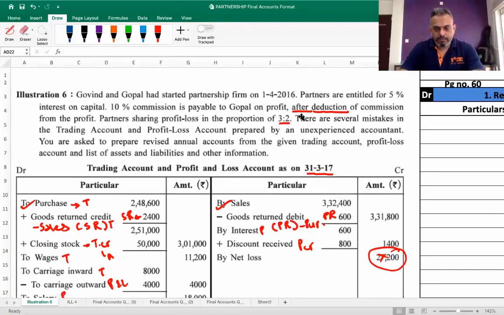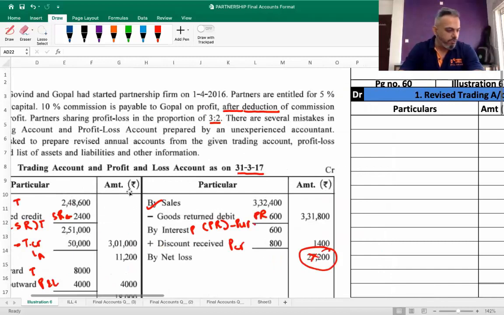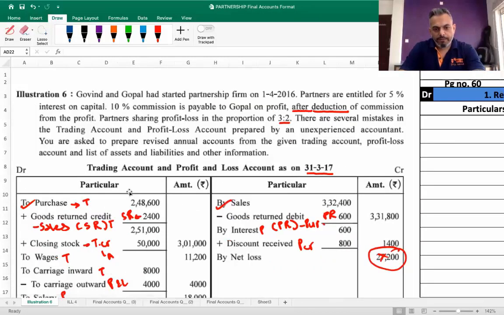Now be careful here, there are adjustments over here also in the beginning of the question. Interest on capital, commission payable. So before we close, we need to give effects of this, so keep this in mind. Let's start with trading and P&L account. Purchase. So here already trading and P&L was there, so we are making a revised trading account. Okay, so purchase